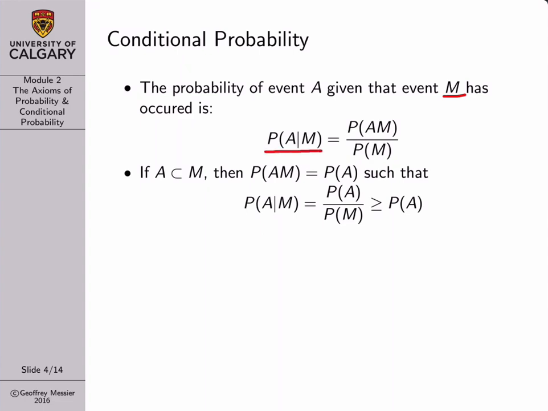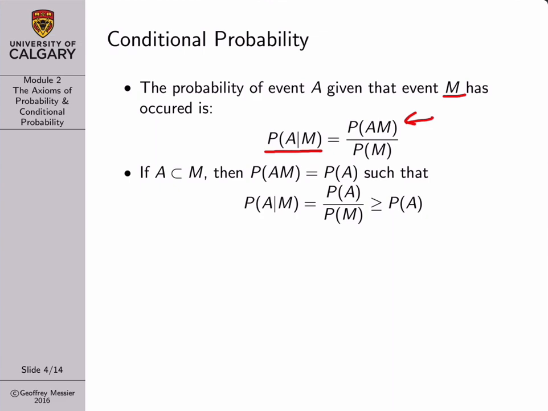So the probability of A, and then we've got a vertical bar M, and it's calculated as the probability of the events A and M occurring at the same time. So the probability of the intersection of A and M, divided by the probability of just event M occurring